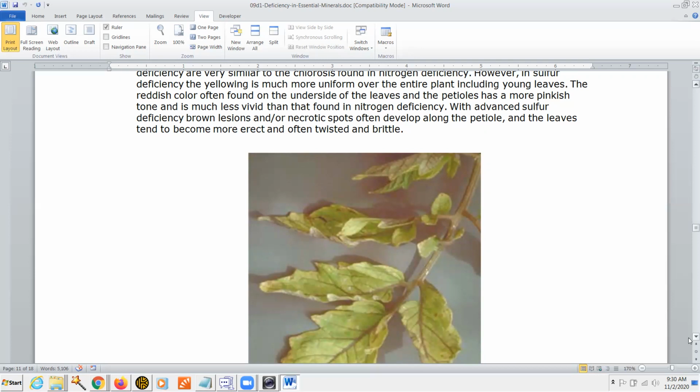So the young growth might not look very chlorotic in nitrogen deficiency unless it's really severe. And it's the older and medium-aged leaves that are turning chlorotic, and the young growing tips and the newly expanding leaves stay with their color,